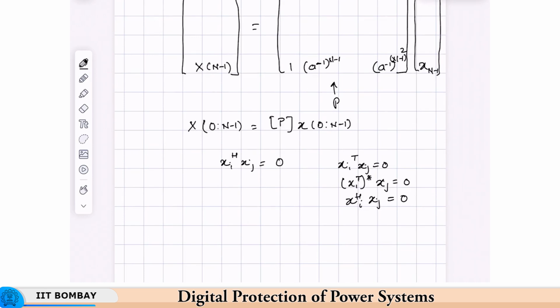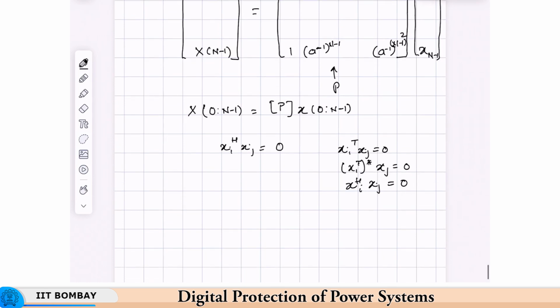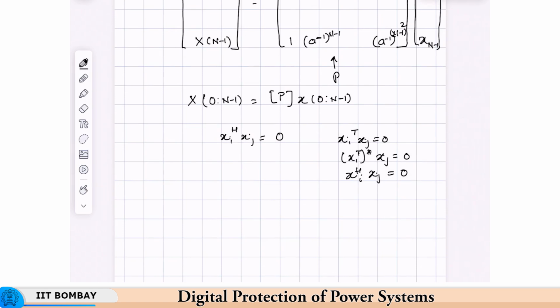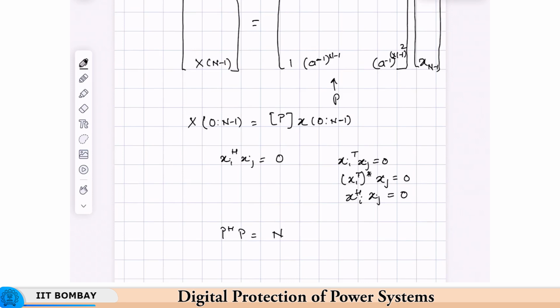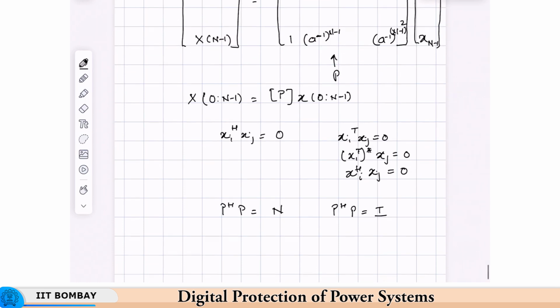Due to this property we get some nice results. Actually, the property of orthogonality means that the coordinate axes are orthogonal to each other, which gives us some nice properties which we can exploit. Because the rows are only orthogonal, they are not orthonormal to each other. If the length was 1, then we would have got an even better property to exploit, which is P Hermitian P is the identity matrix. But since the norm in this case is not 1, but it is n, so we will get